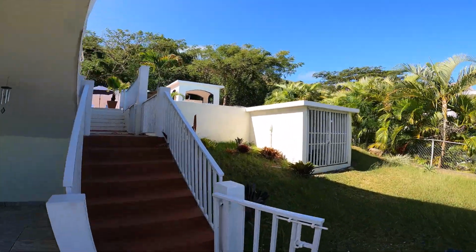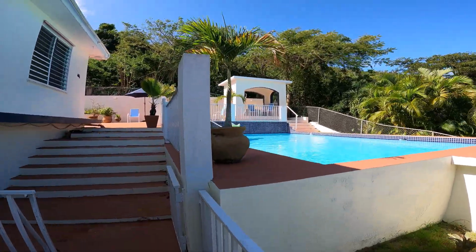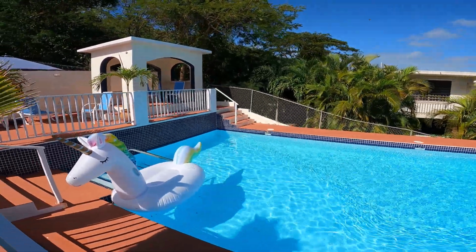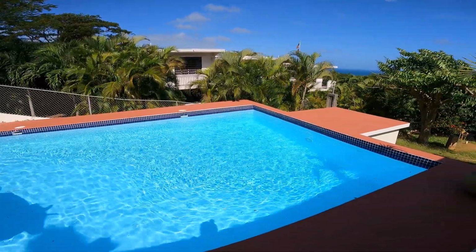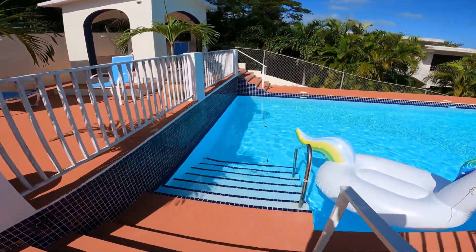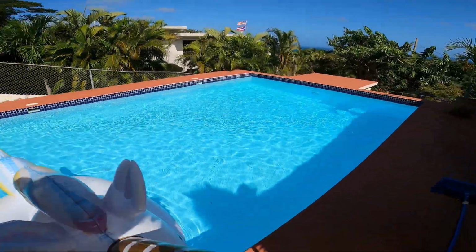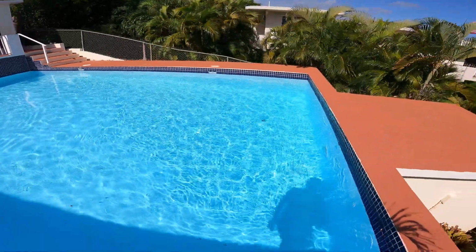I want to take you up to quite possibly the best part of this house, at least for people who are wanting to spend their time here in the tropics, wanting to enjoy the Caribbean sun, and that is the pool. Whether you're living here or plan on renting this house, you can't beat this. Got some nice steps down, steps into the pool, some floating unicorns to keep watch, keep guard of the place. Does have a deep end,